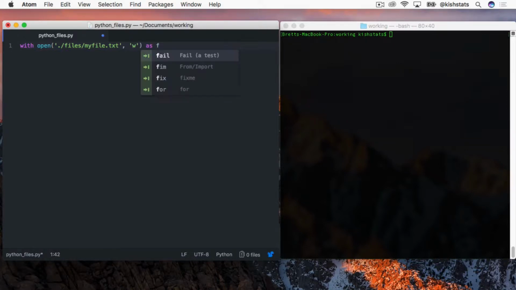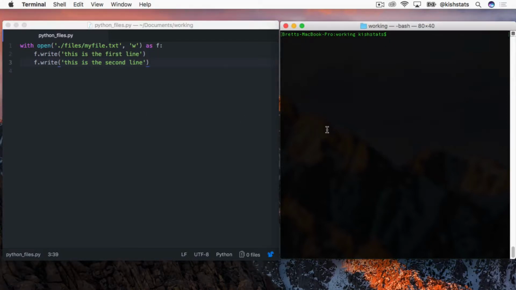Then we're going to set the f variable to the file, and then we're going to use the write function, so f.write. We're just going to call this "this is the first line". And then we'll just create a second line also. Then if I go ahead and save this file and run it,